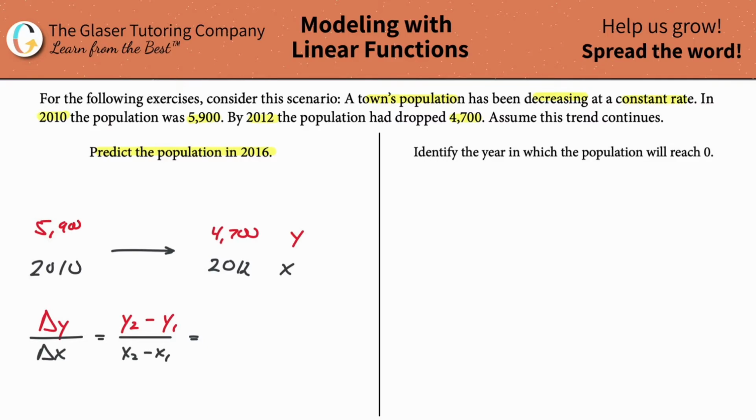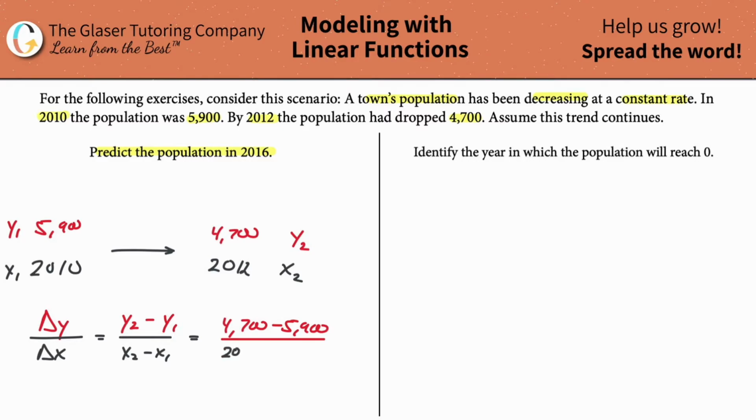I'm going to call these my 2's: this is x2 and my y2. So let's call this y2, and that's going to be my x2. And then on the other side, this will be my y1, and then that will be my x1. Now all we have to do is plug it in. And if you're noticing, this looks eerily similar to slope. So 4,700 minus 5,900, divided by